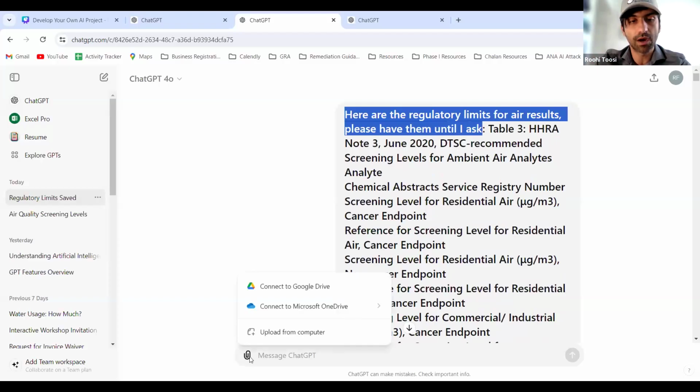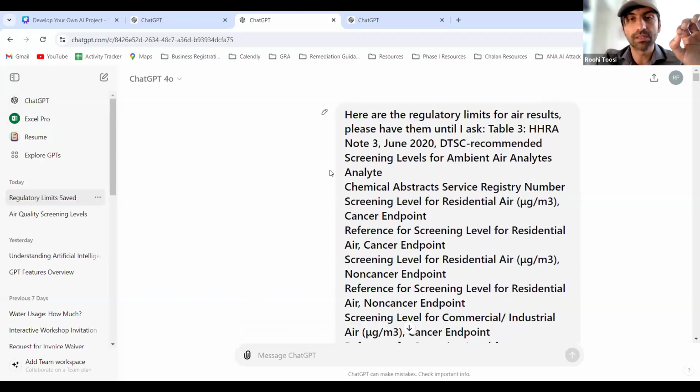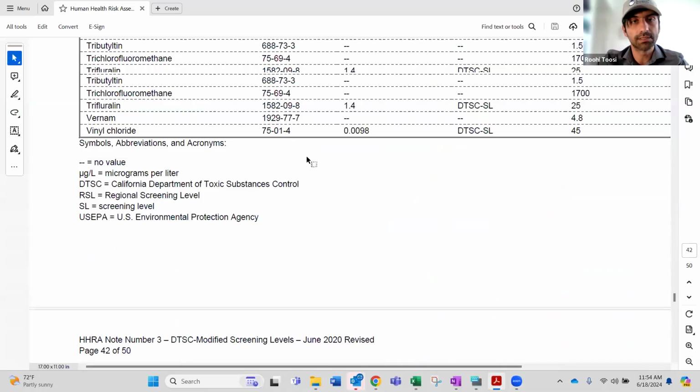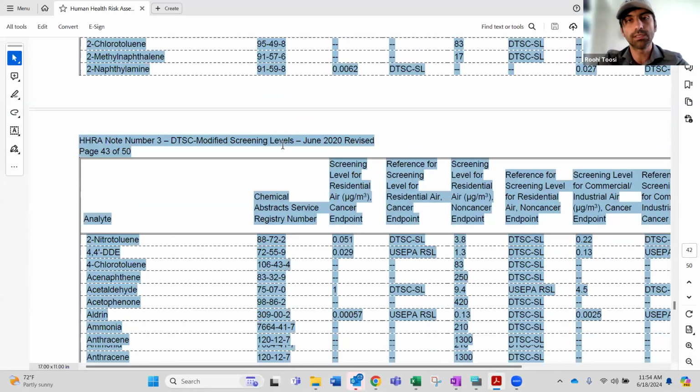You can attach a file, put a PDF of that file with it. I found it better if I copy paste exactly from my screen. Let me see if I can share the entire screen with you so you can see what the file itself was. So I took this table from the regulatory limits, and I copy pasted only this table,